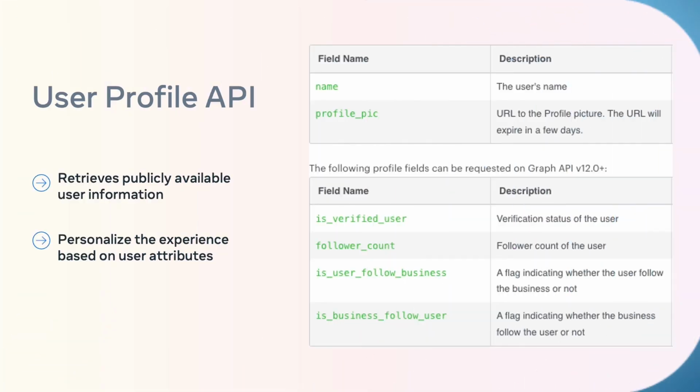Personalization is key for a successful conversation with a business. The User Profile API allows businesses to query common user information such as the username, the profile picture, and even additional information like the number of followers and the verification status. This allows responses to be personalized with the username. Let's say that the user is an influencer with thousands of followers or an Instagram verified account. You might want to prioritize these users' messages through a separate queue for VIP service.